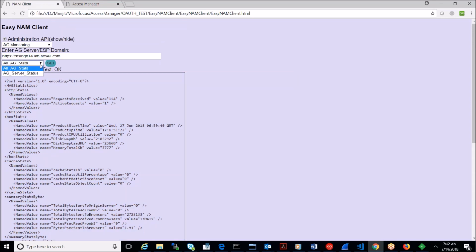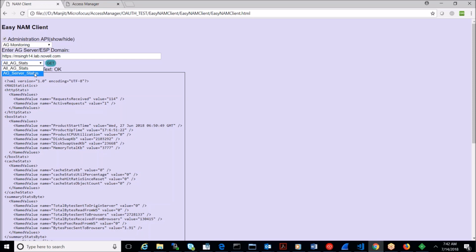There is another option added which is the AG server status. You can use this option to get the Apache HTTPD server status, which runs as a web server, or acts as a proxy server, on the access